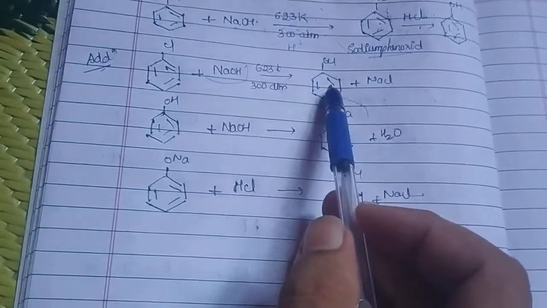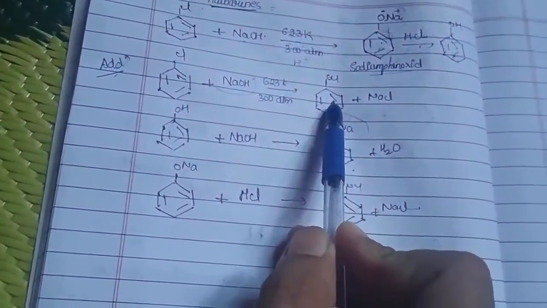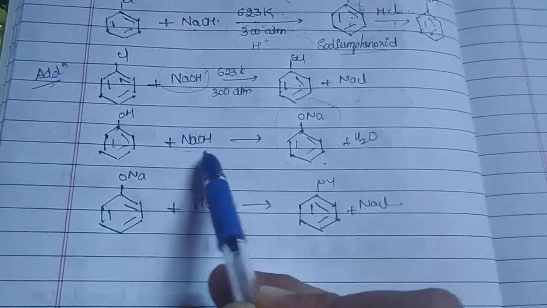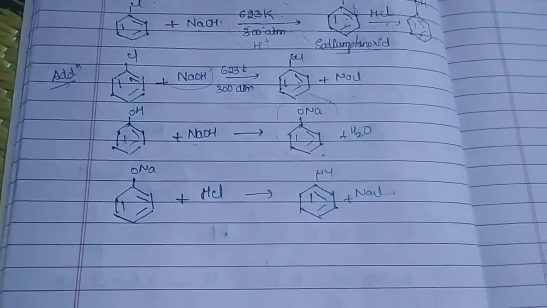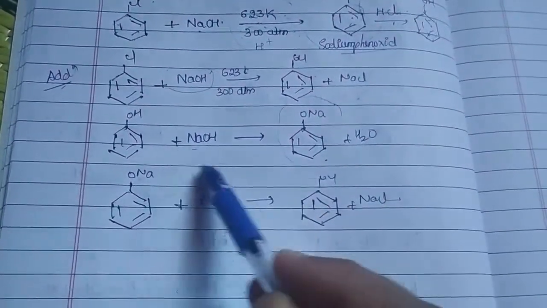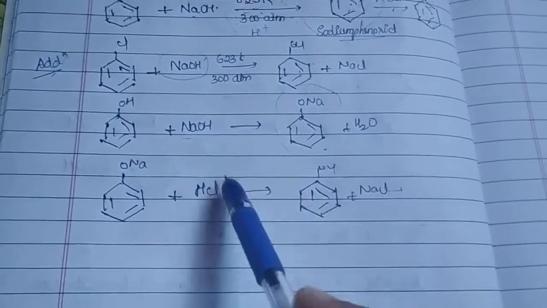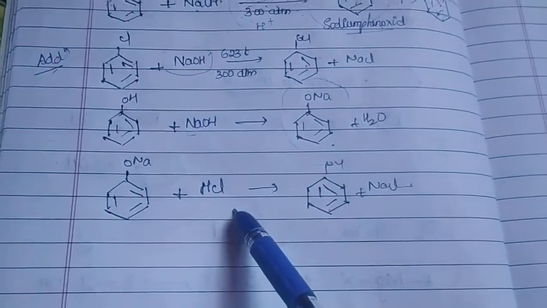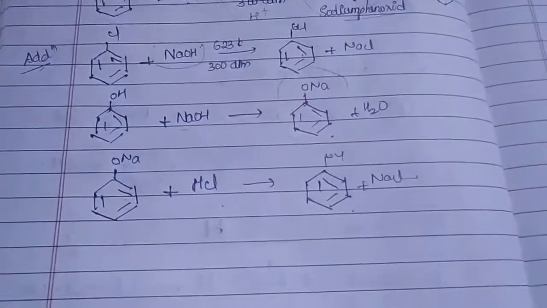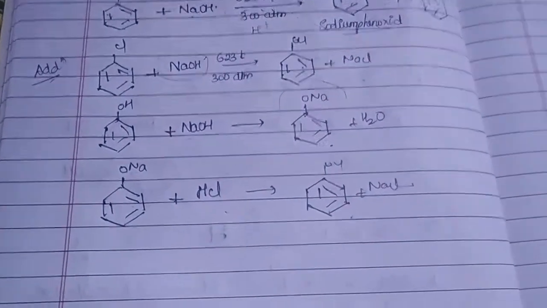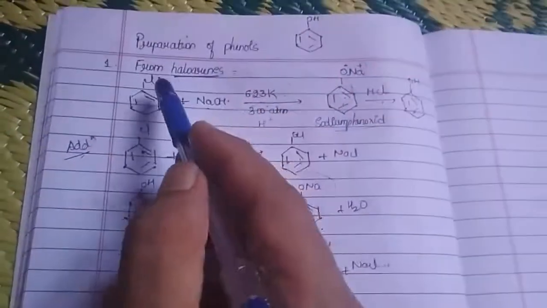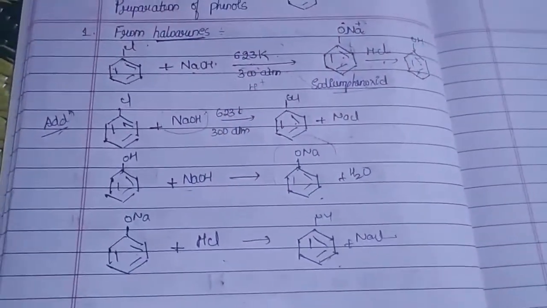Of course, whatever phenol we have obtained in the first case is not being extracted. Instead, what happens? It once again reacts with the sodium hydroxide present in the system, giving you sodium phenoxide. So in order to neutralize the base which we have used as a solvent, we will be acidifying it with HCl. On acidification of sodium phenoxide, we will be getting our respective phenol. By this way we can obtain our phenols from haloarenes.